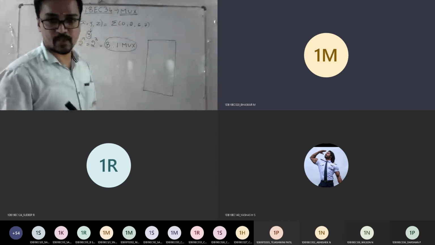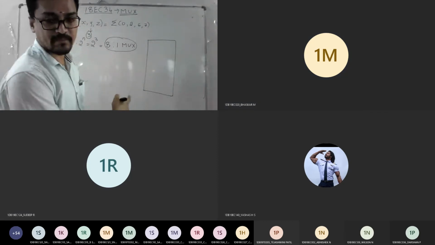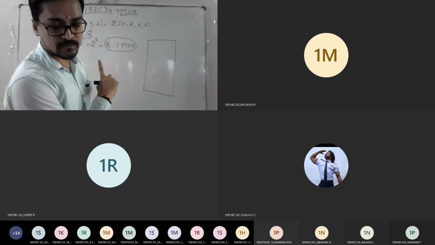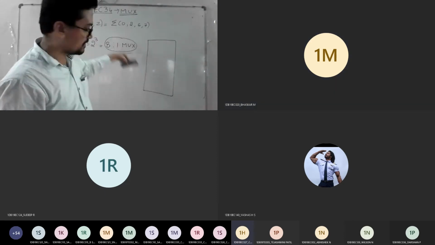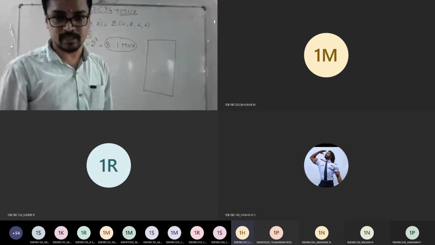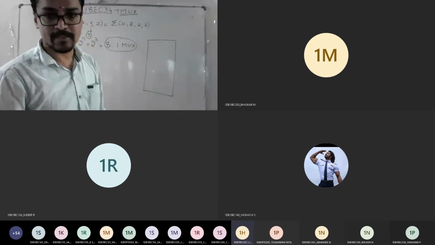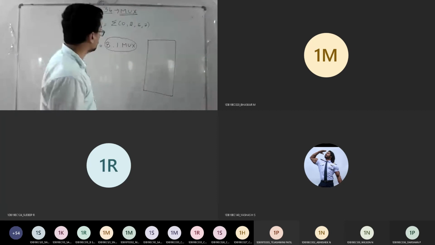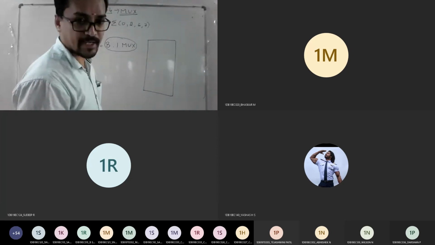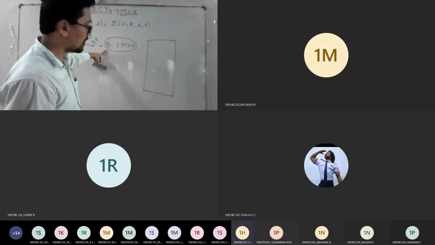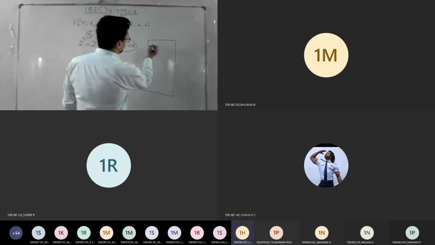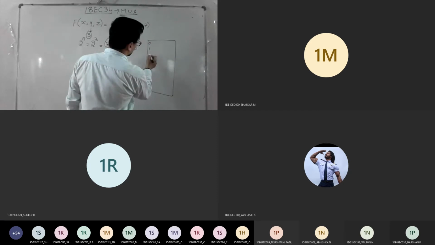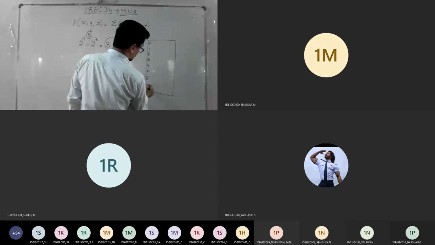Go with the question. If the question is given as ABC, the selection should be ABC. Here it is given as XYZ, so you should write XYZ. If the question is XYZ and you write ABC, you are not going to get marks. Be specific. How many inputs? 8 inputs. Let me do the numbering: 0, 1, 2, 3, 4, 5, 6 and 7.